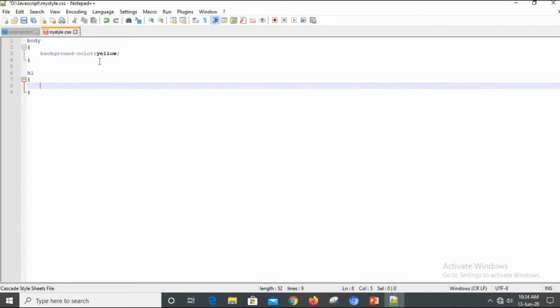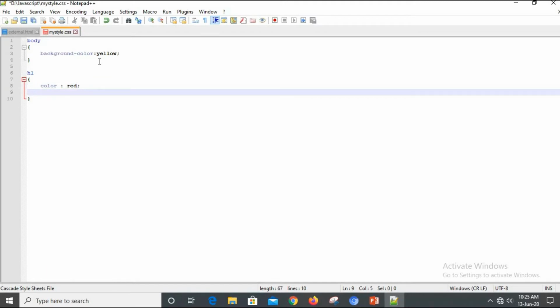So we write H1 as an element, and we write, say, color of the font is red and text-align center.